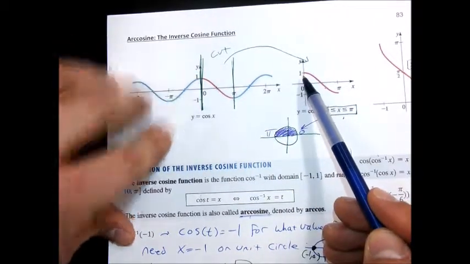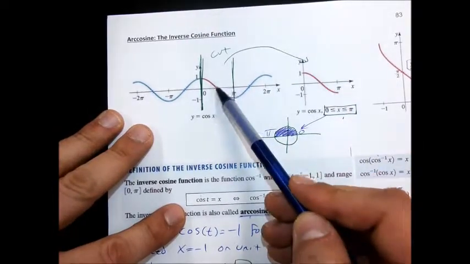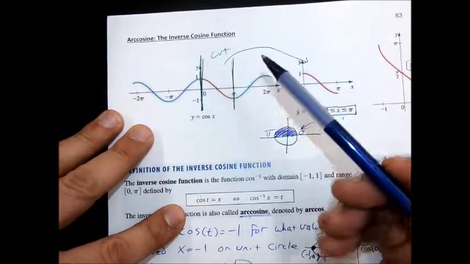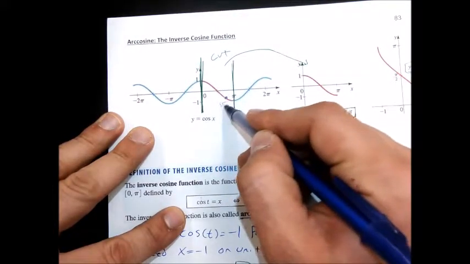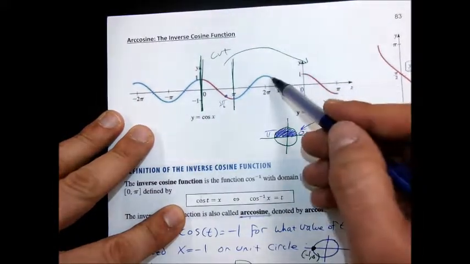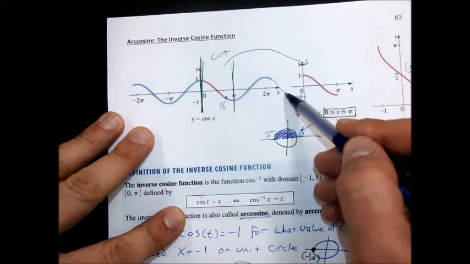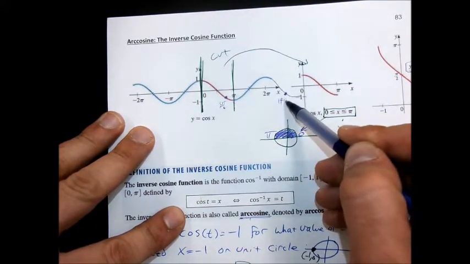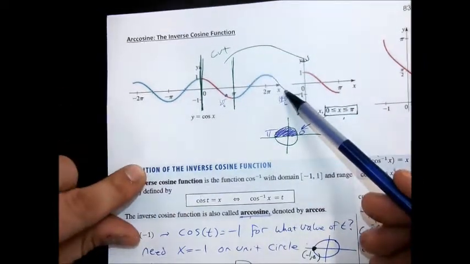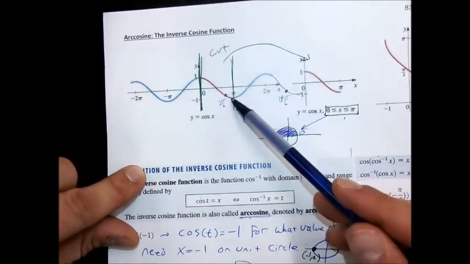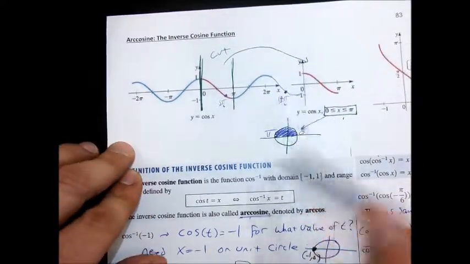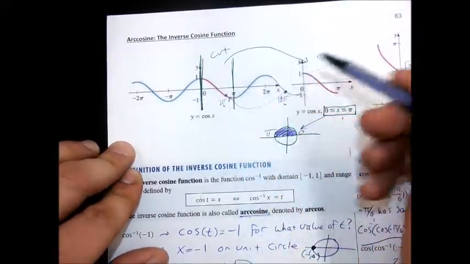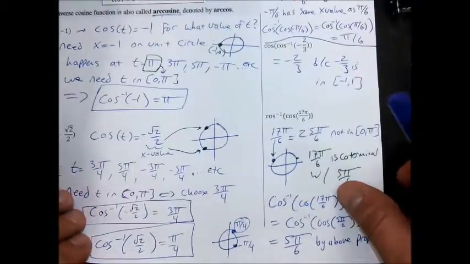So we're trying to relate it back to this piece of the graph. 5 pi over 6 is somewhere like right here, and 17 pi over 6 is going to be down here over on this piece. You can see it has the same height, the same output in some sense, but we're just trying to relate it back to the piece of the graph we're talking about. And I know it's annoying and a little bit tedious,